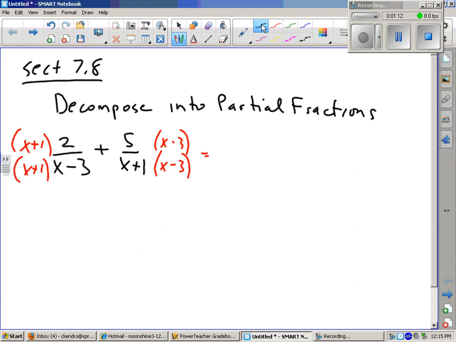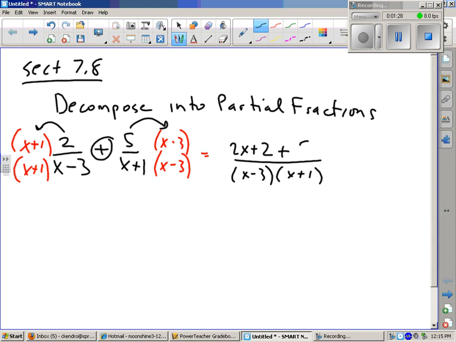That way it gives us the common denominator of x minus 3 times x plus 1, and then distributing the 2 and the 5 into the parentheses, I get 2x plus 2, this plus sign stays there, and I get 5x minus 15. Now I just want to simplify that a little bit, and I get 7x minus 13 over x